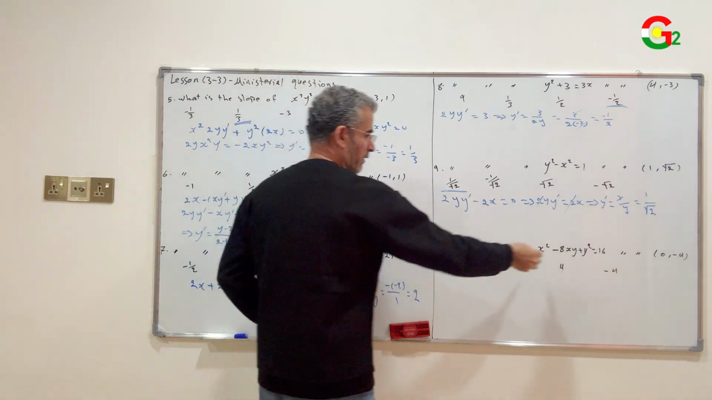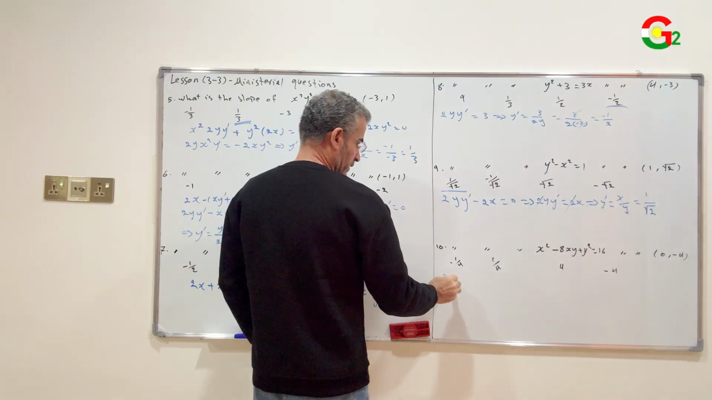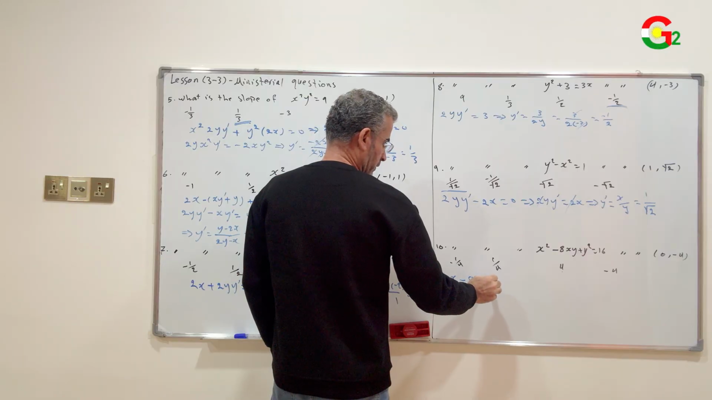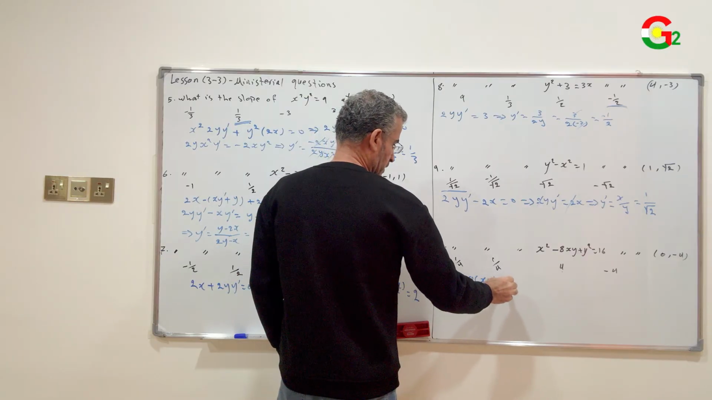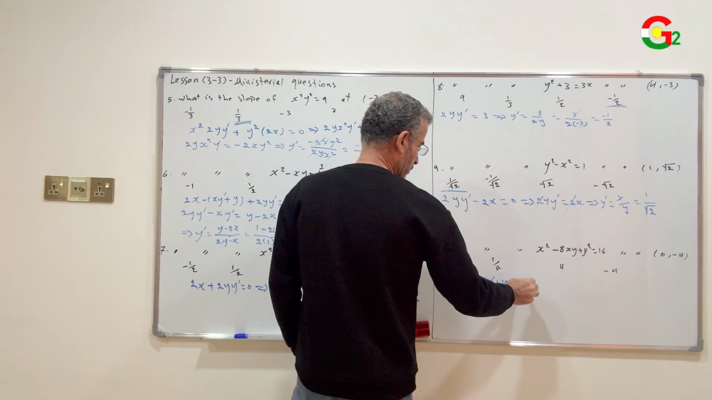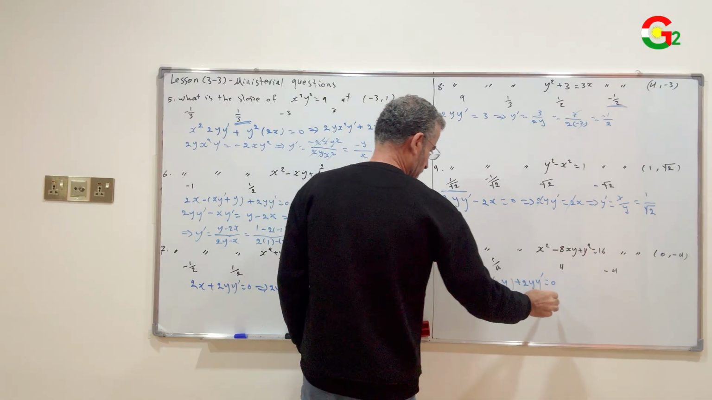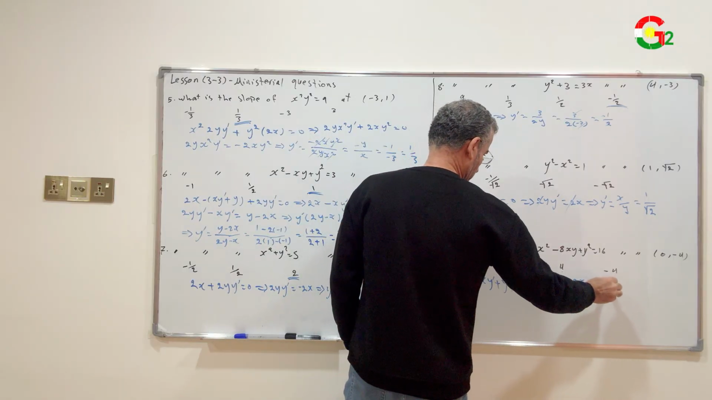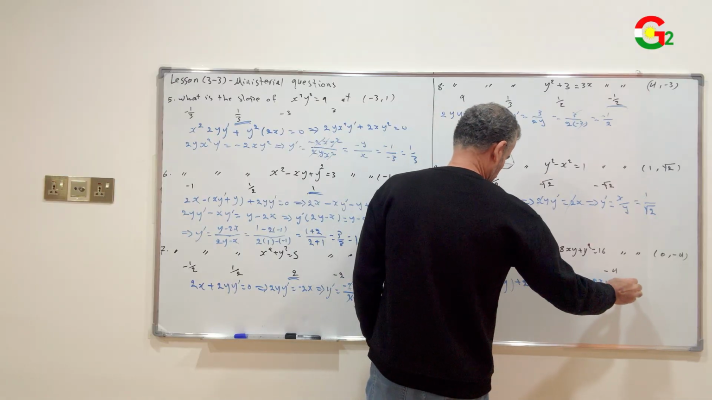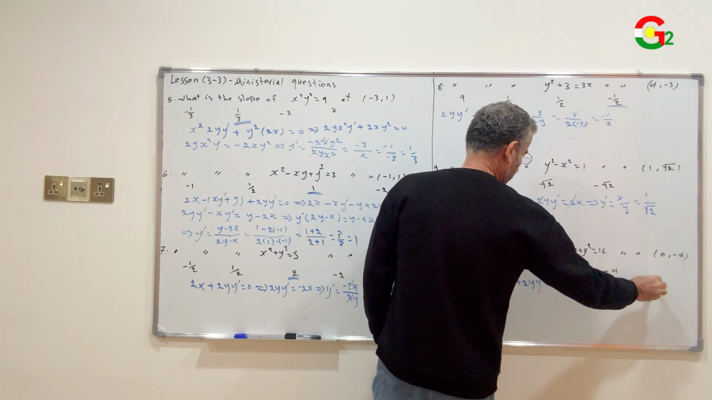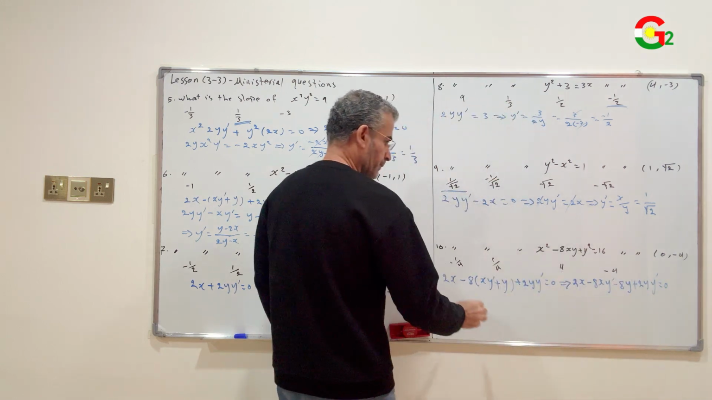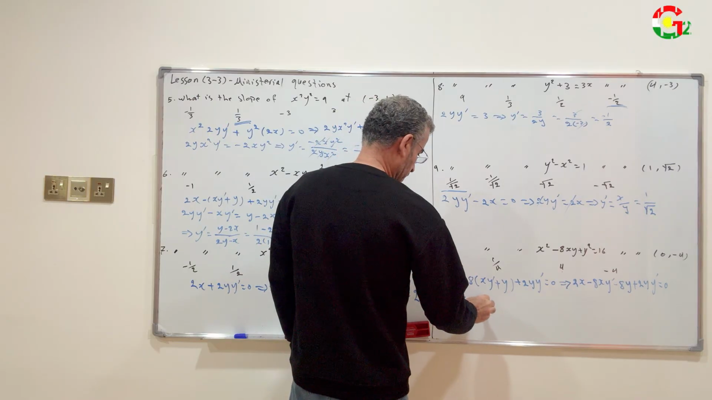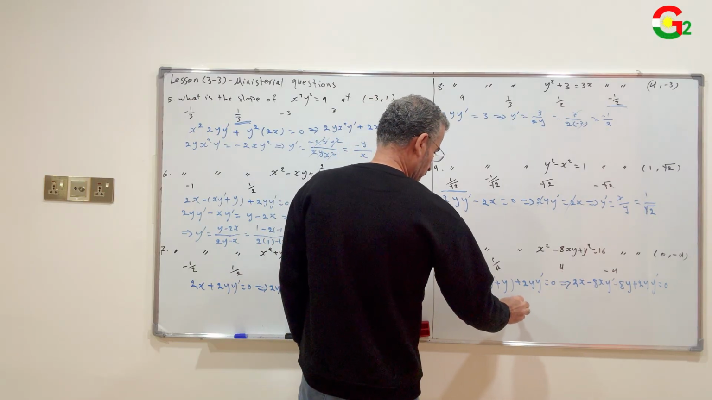Question number 10. What is the slope of the curve at the point 0, negative 4? Differentiate both sides with respect to x: 2x minus 8, the first function times the derivative of the second plus the second times the derivative of the first, plus 2y y prime equals 0. Open this bracket: 2x minus 8x y prime minus 8y plus 2y y prime equals 0. Then 2x minus 8y equals 8x y prime